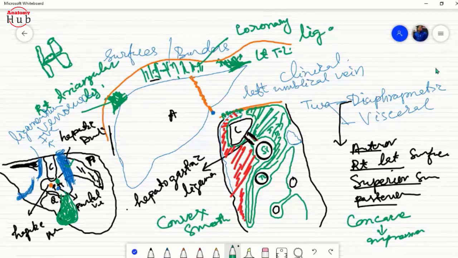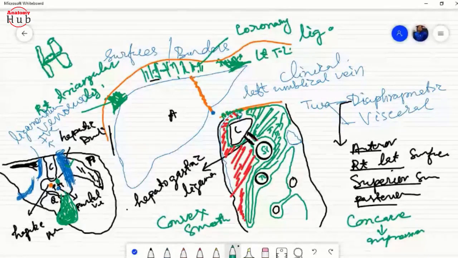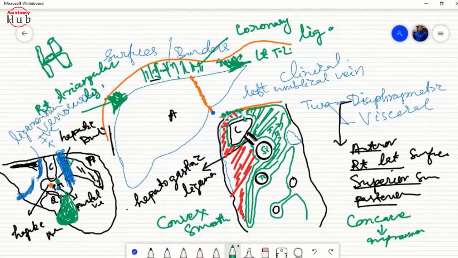Before going to that, you just see here. Here you'll find an area in between the two folds of this peritoneum that is devoid of the peritoneum, right? This area at this point of the liver is known as the bare area of the liver, because it is not covered by the peritoneum. Here you will find the presence of the inferior vena cava. If you retract this inferior vena cava, whatever area is left in the liver will also be devoid of the peritoneum. So that is also a bare area.